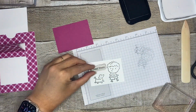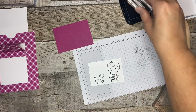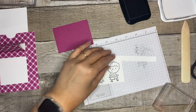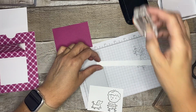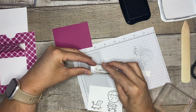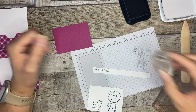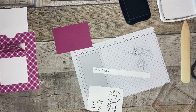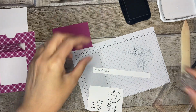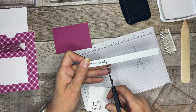You could just stamp it here if you like, or you can bring a little extra elevation to it and just stamp it on a piece of scrap paper. I have some scraps right here, so I think I'm going to stamp on this, and then I'm going to layer it with some Berry Burst paper. Okay, that was hard to do without putting my head in your camera, so I'm glad it came out pretty straight. So what I'll do is just take my scissors and give it a little trim